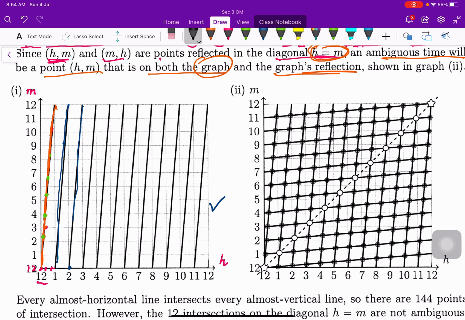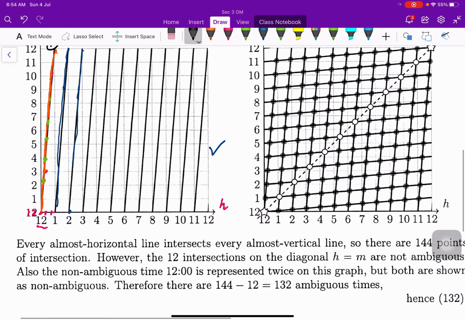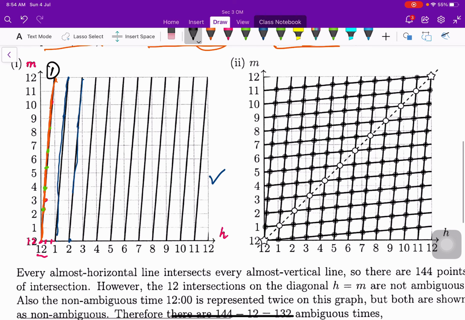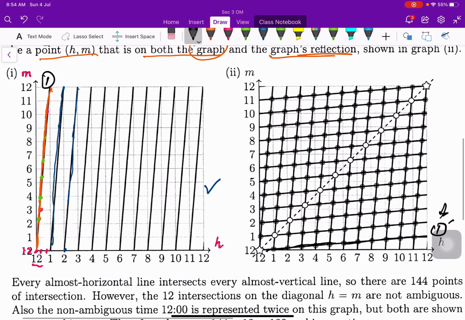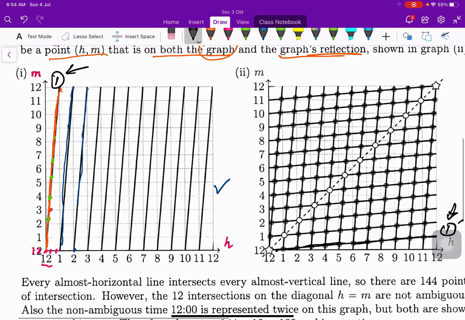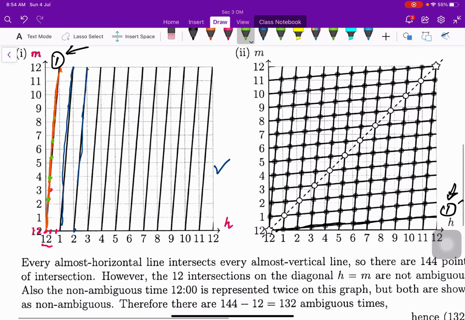Okay, let's say this is the graph. This is line 1, right? Do you realize that the reflection of line 1 is actually this line? That means, can I call it 1 prime? This 1 prime is the reflection of 1. Then similarly, can you see that this particular point here,